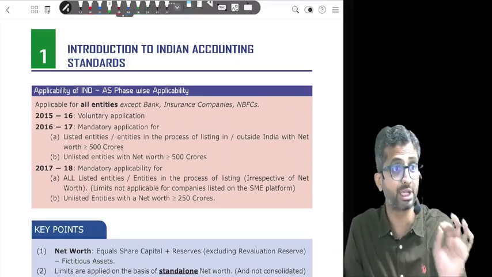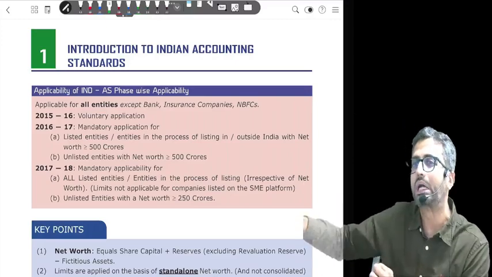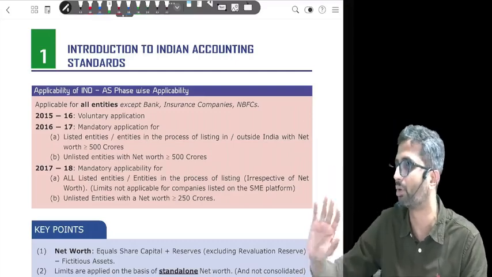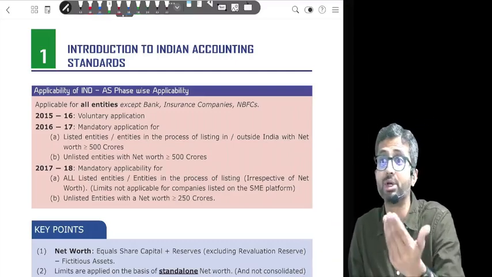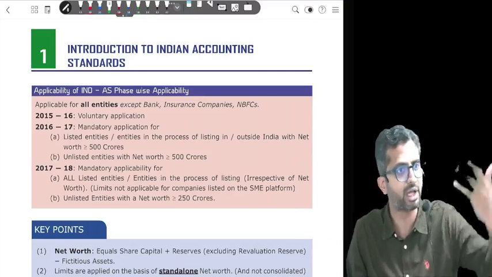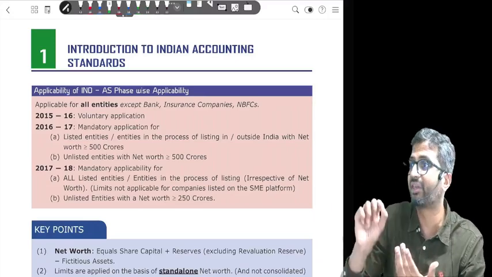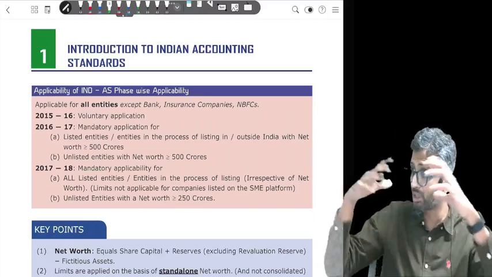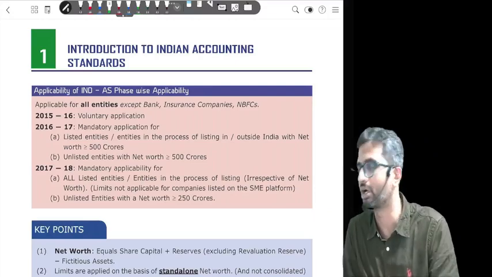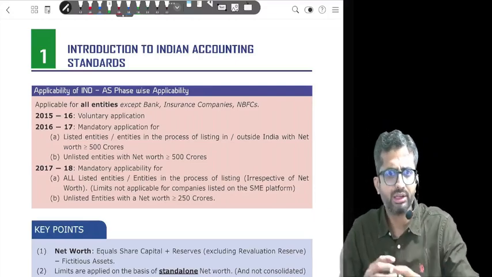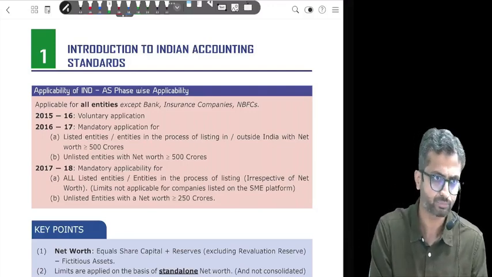Remember, when you study MCQs, exceptions become important. The small things which you would earlier ignore, thinking this will not come as a bigger question, become important when it comes at a smaller MCQ level, because even if you've seen DT, etc., where you have had a history of MCQs, what comes in MCQ is generally these exceptions, small things. What comes in the main paper is the core thing, right? So these small things are also relevant, okay? Now, this is where Ind AS becomes applicable in general.